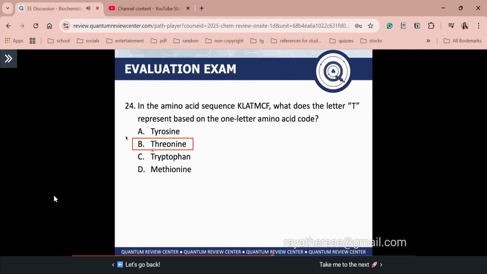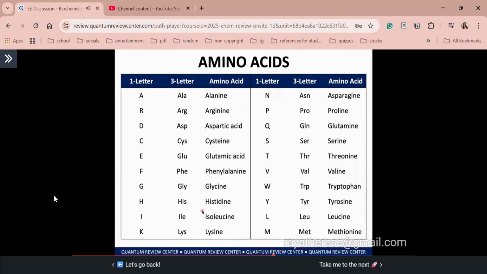So for tryptophan naman, sir, W. Yes po. And for methionine, of course, obviously, that's your letter M. Okay, so class, again, we have here the list of our 1 and 3 letter code. So please, again, review your 1 and 3 letter codes because in the board exam, they also use it